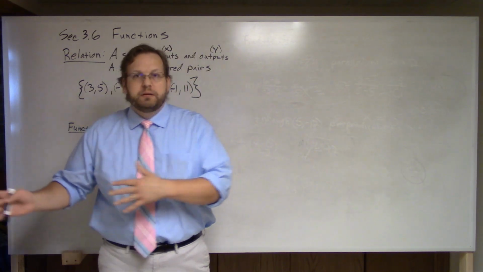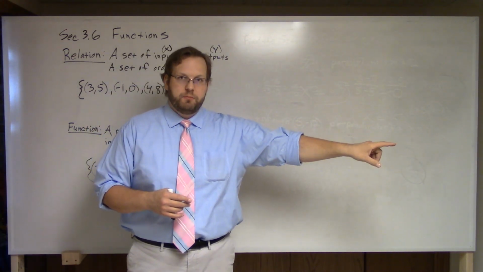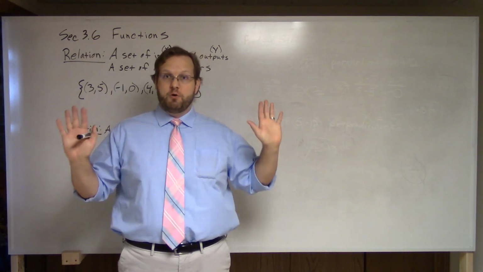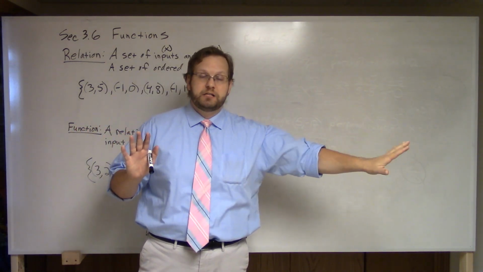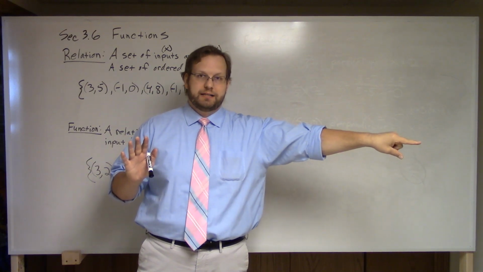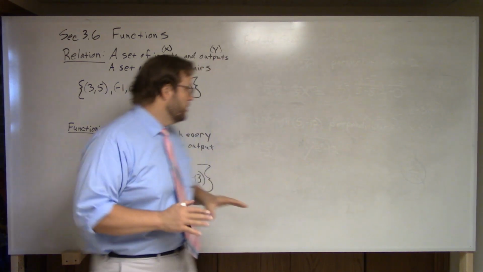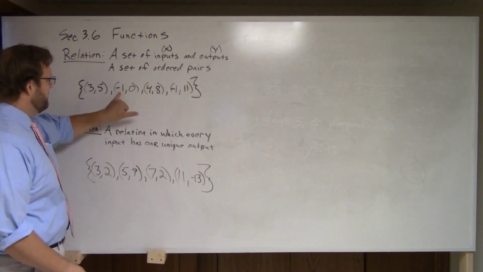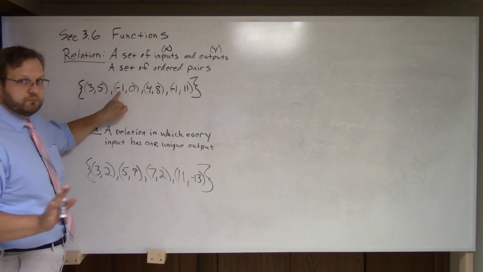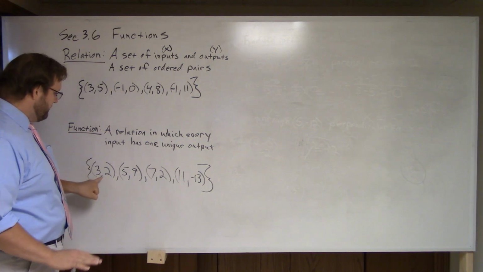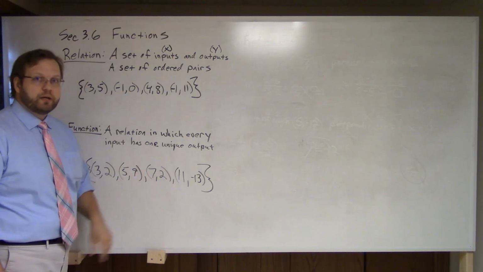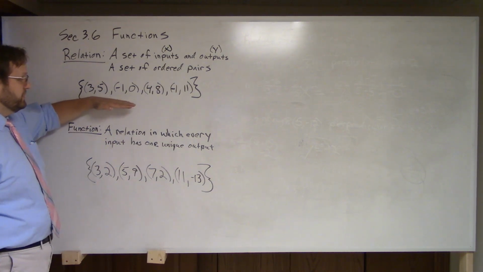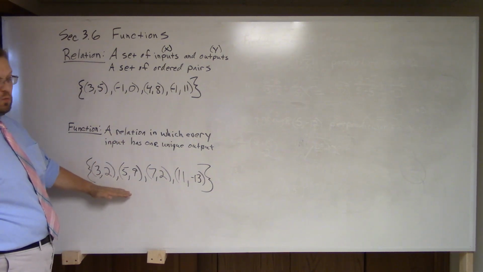If I pump in a piece of pine and I get a baseball bat, and then pump in a piece of oak and also get a baseball bat, I'm okay with that because we have baseball bats. I know what to expect on the tail end of it. Okay, so a kind of simple way of looking at this is, if I have repetition in the x's, no good, not a function. But if I have repetition in the y's, that's okay. Okay, so that is how we can determine if something's not a function or a function when it's simply